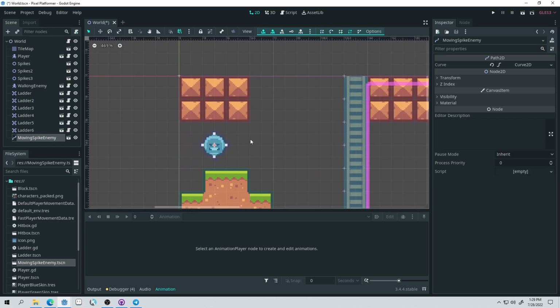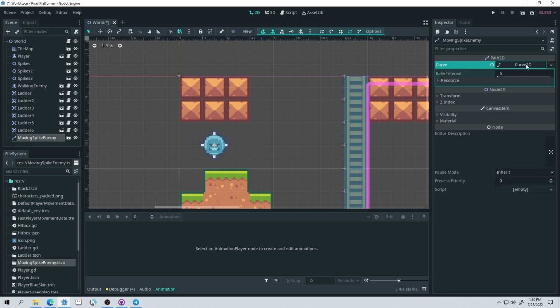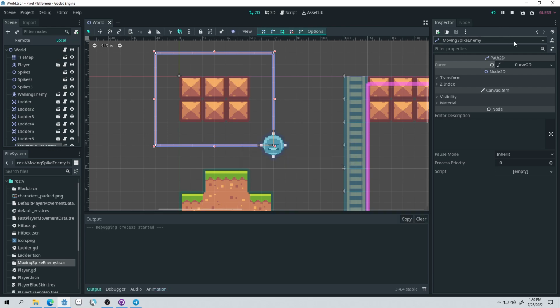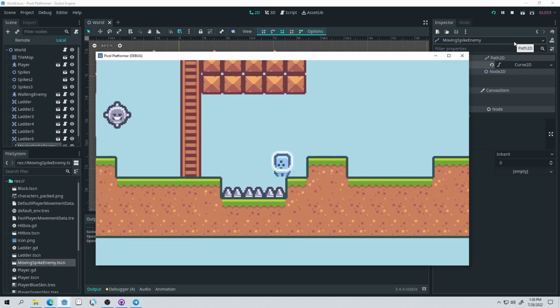This seems like a good spot. Now over here on our curve, we can do new curve 2D, and then we can come up here and select this, and we'll go here to here. Oops. Let's try this again. Okay, I'm going to go here to here to here to here to here. Okay, and then I can save, and then our enemy is there, and when we run the game, that enemy,